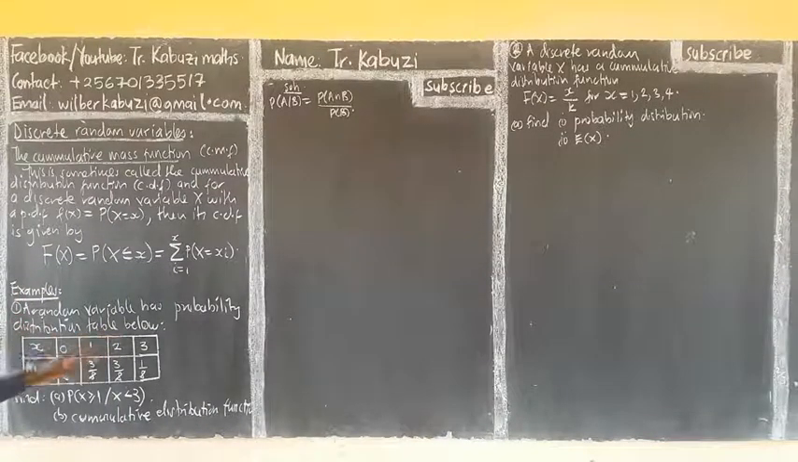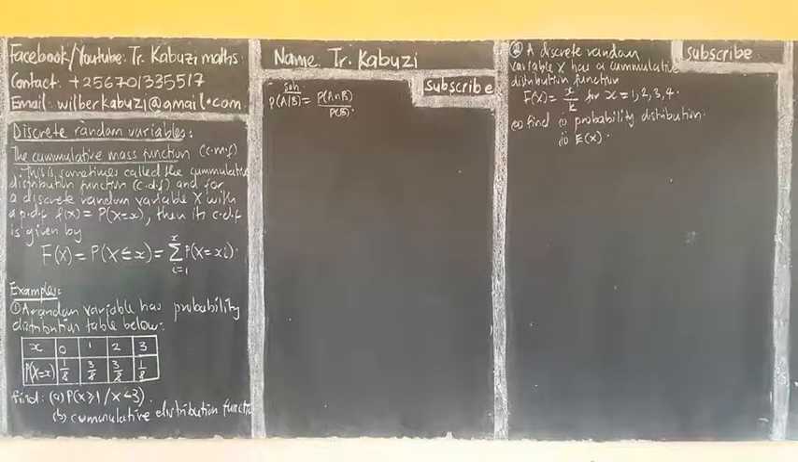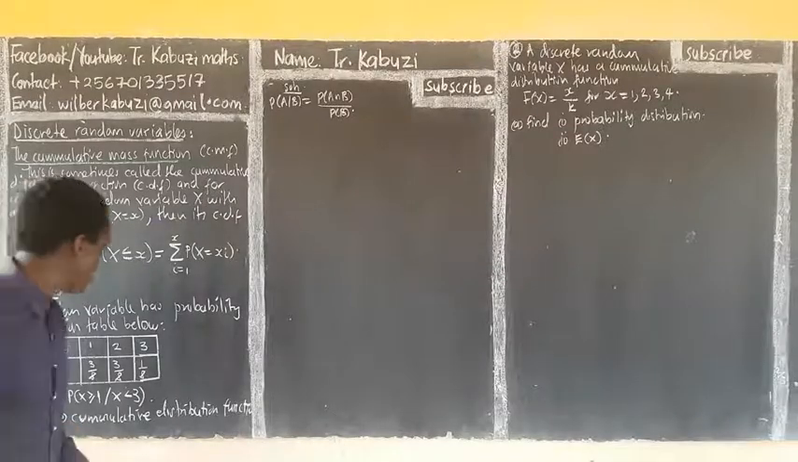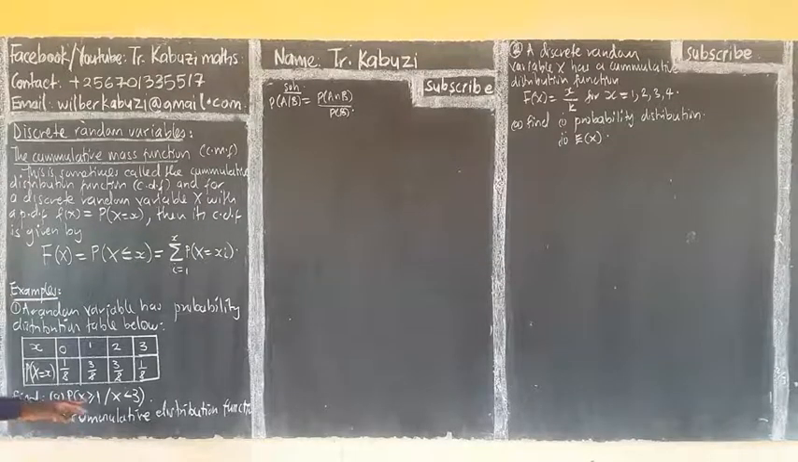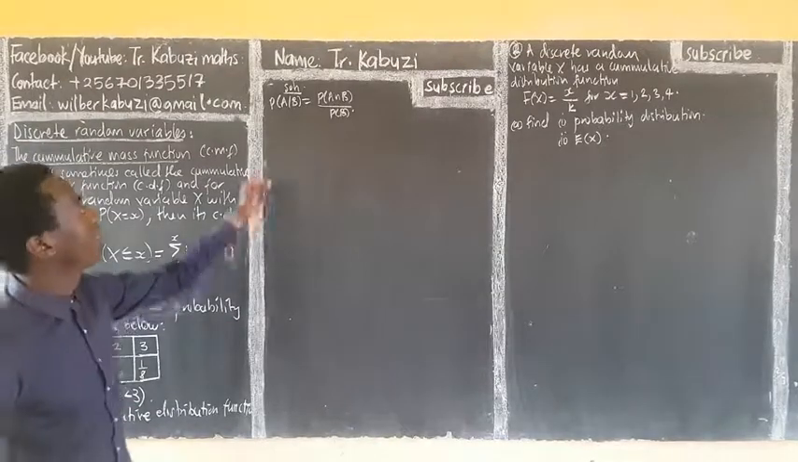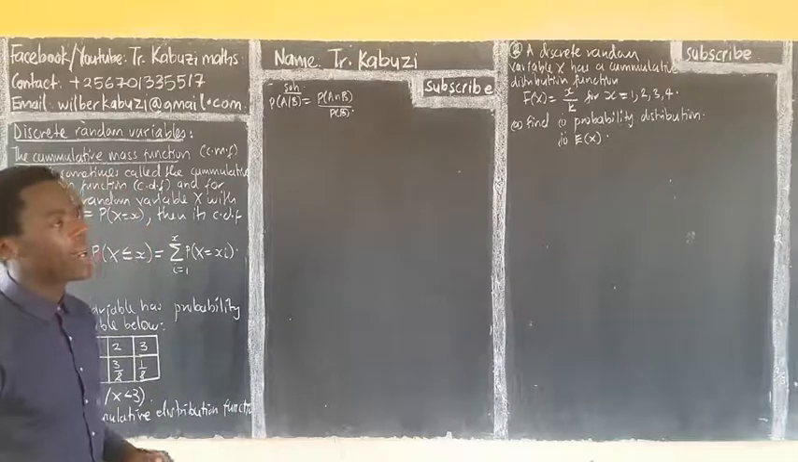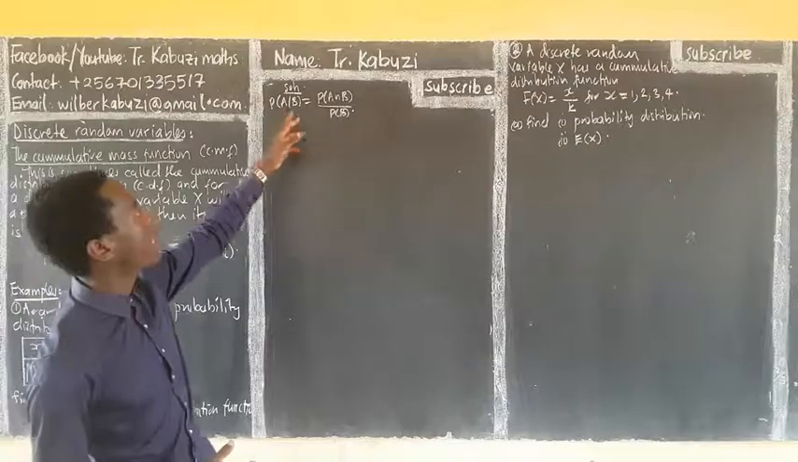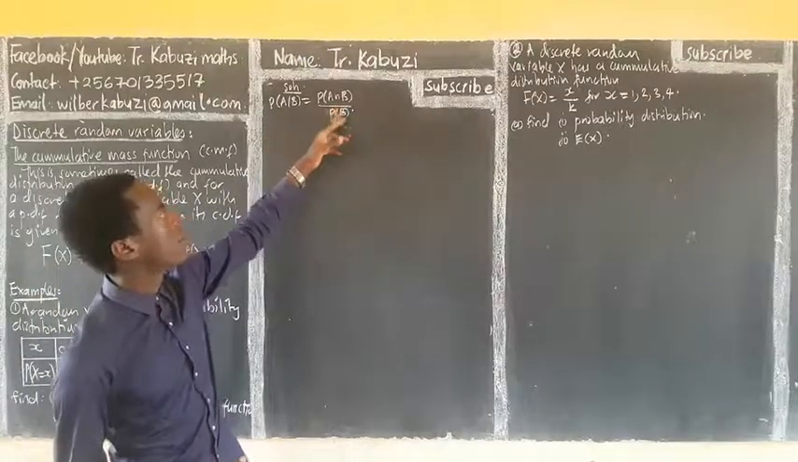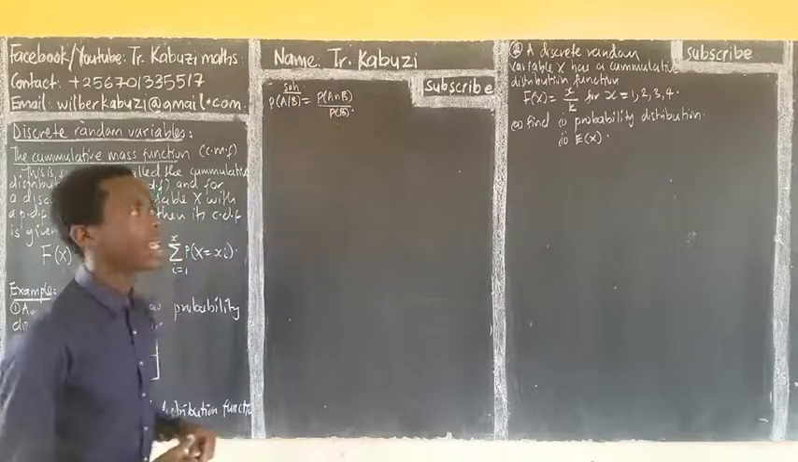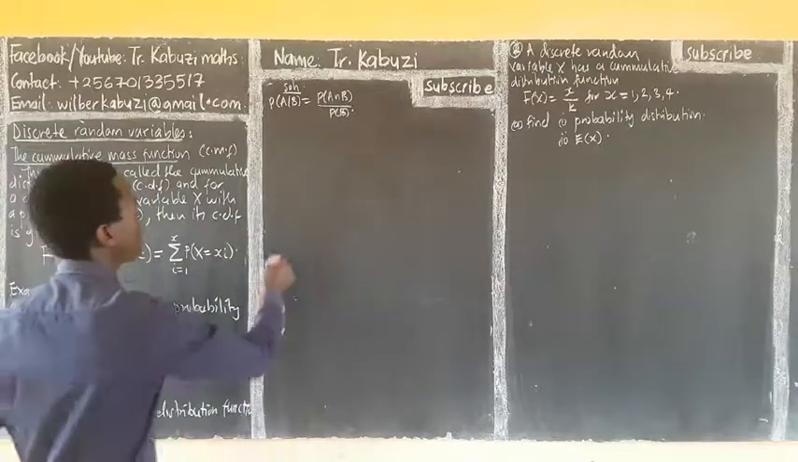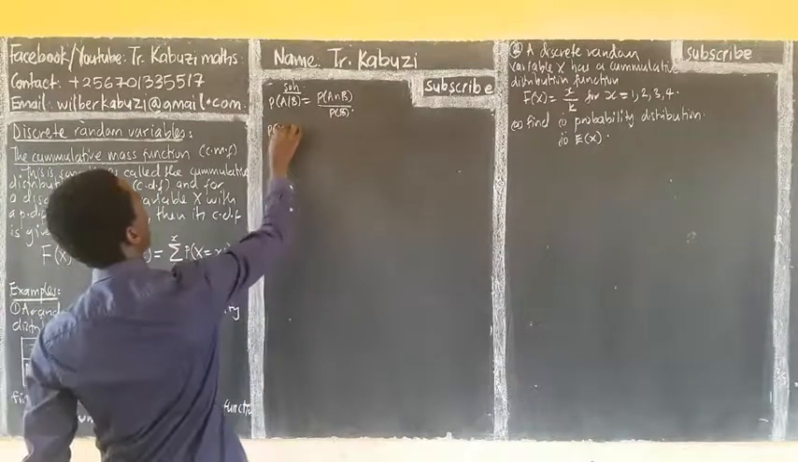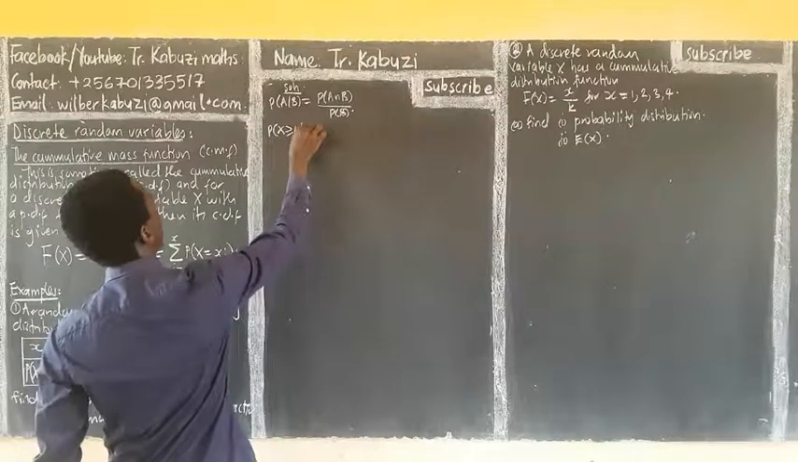So a random variable has a probability distribution table below. Find the probability of this. We first handle this one: I want us to handle the probability of x greater or equal to 1 given x less or equal to 3. This is a conditional probability. If you have A given B, you get the intersection of the two over the probability of the last. So here we have the probability of x greater or equal to 1 given x less or